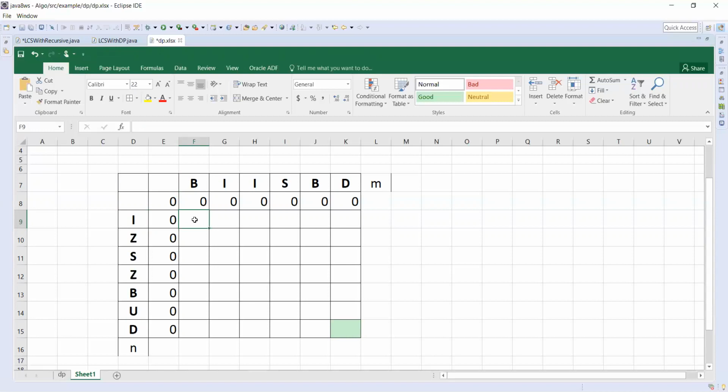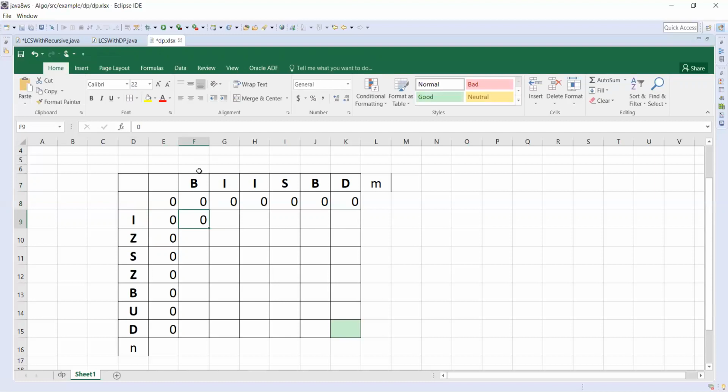Okay, so that means we'll simply populate the value when both are not the same. According to our subproblems, if both are not the same, we need to take the maximum value of this one and this one. The maximum of these two is 0 and 0. Now I and I match. That means we have to take this value. Okay, again I'll show what this is.